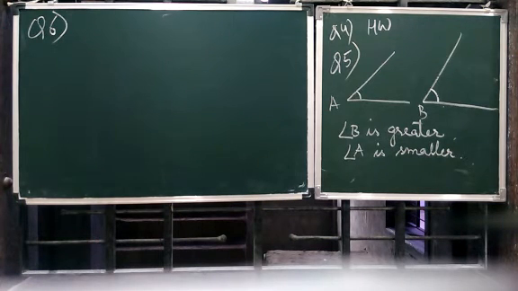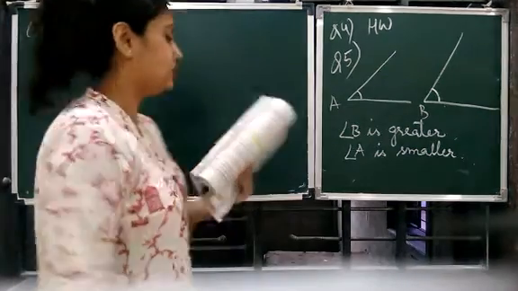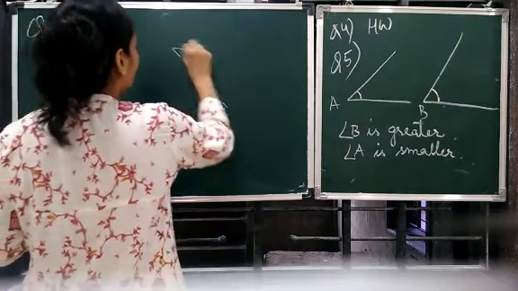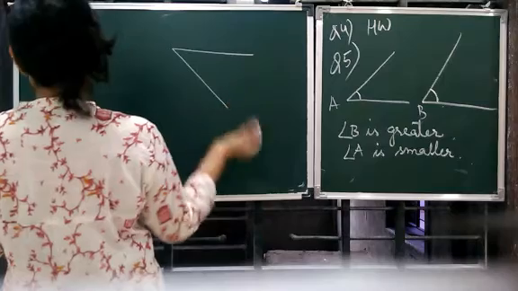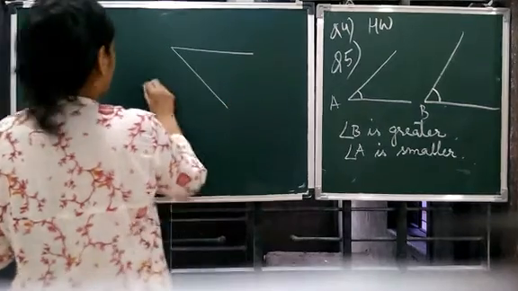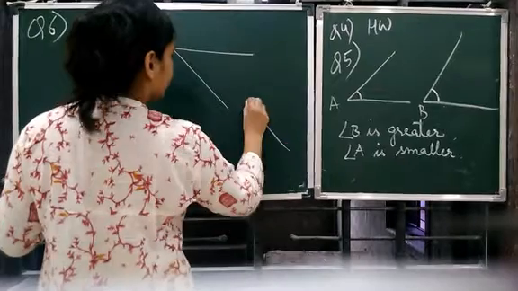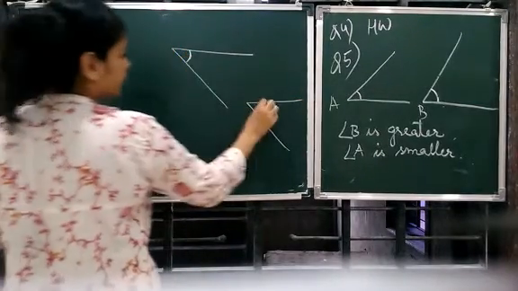Again, from the two given angles, which has larger measure? Once again, children, I will make. First we have to estimate and then we have to confirm it by measuring. तो ये एक एंगल है और एक और एंगल है उसके बाजू में, something like this. So by seeing the arc,